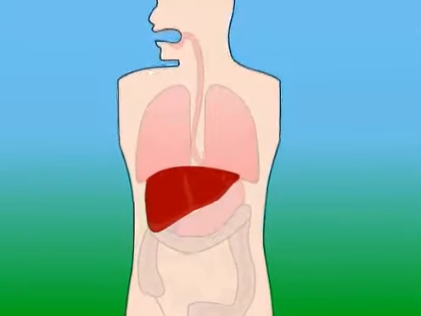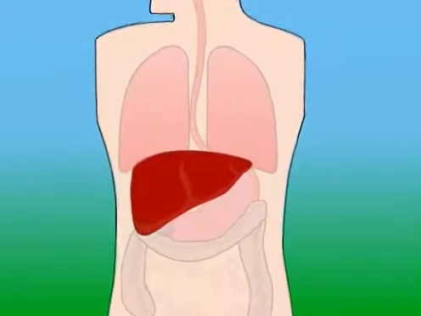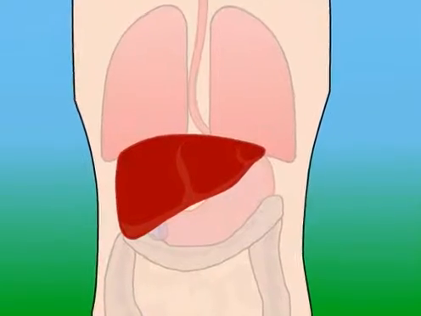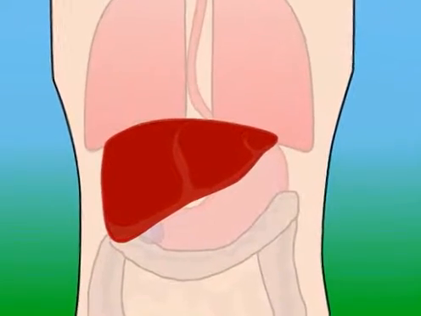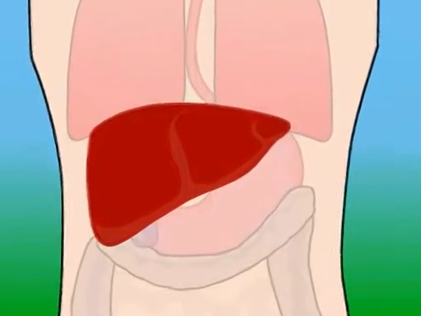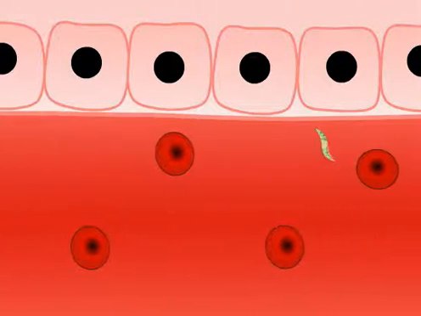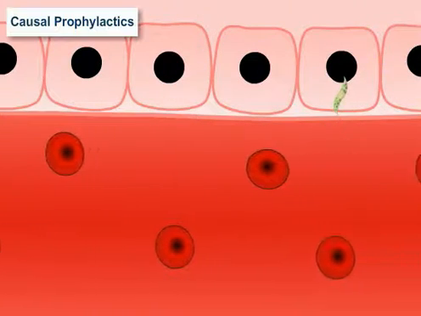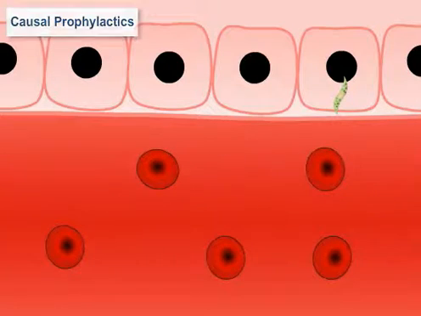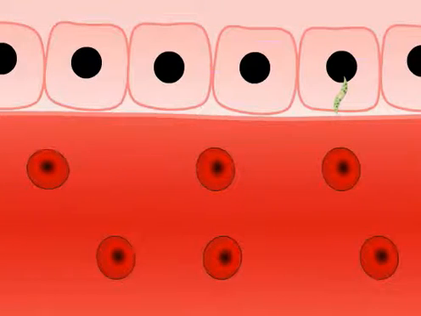Different malaria tablets act at different stages of the malaria parasite life cycle in humans. So now let's look at where these work. Antimalarial drugs that act at the liver stage of the parasite are known as causal prophylactics and prevent the parasite from progressing to infect red blood cells.